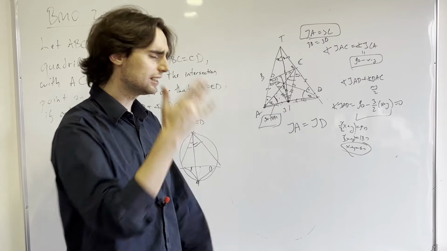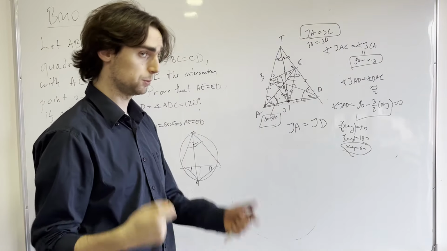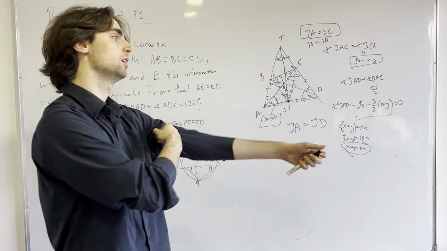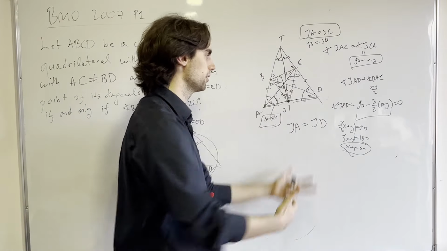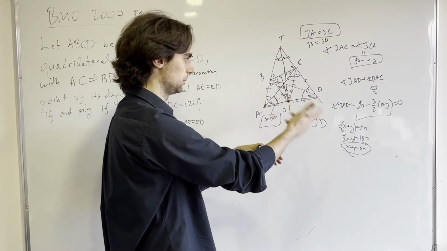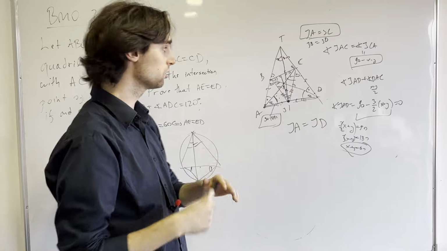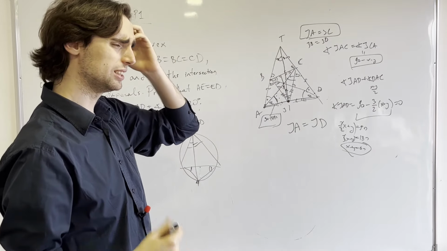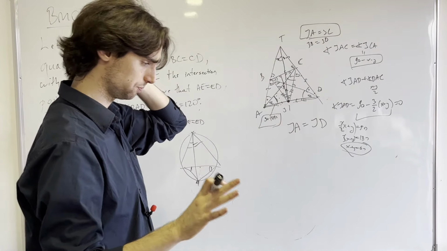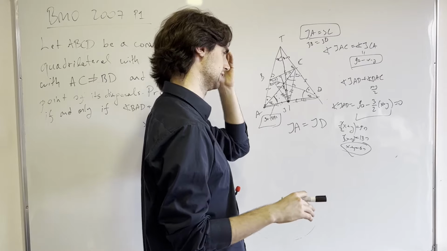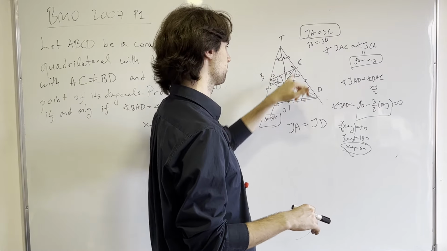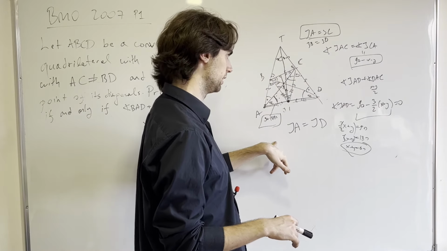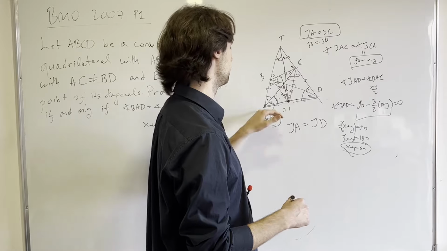And the idea there is, when you're looking for synthetic solutions, you're trying to construct parallelograms, reflecting sides over these things to get more angles. Here, I think it makes more sense to reflect C over the midpoint, because then you have